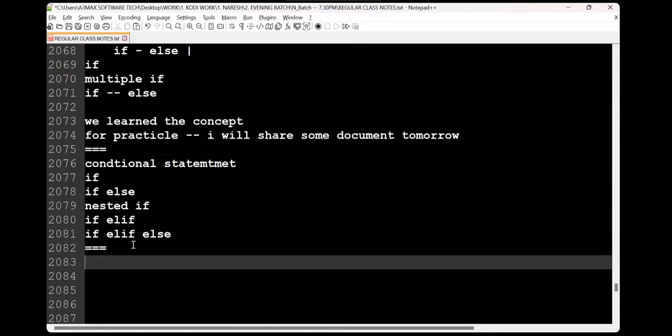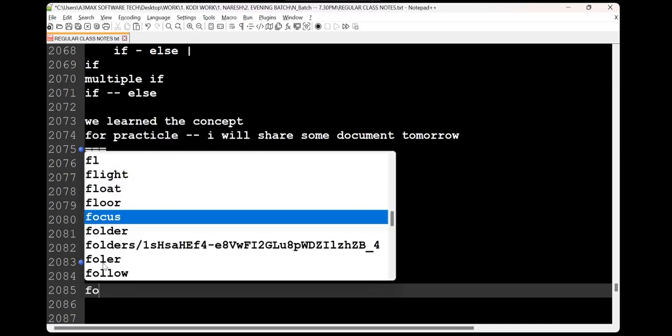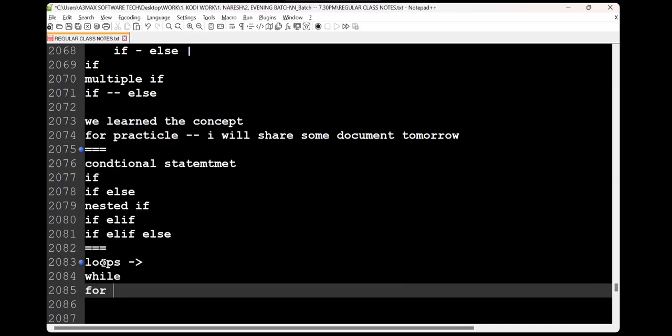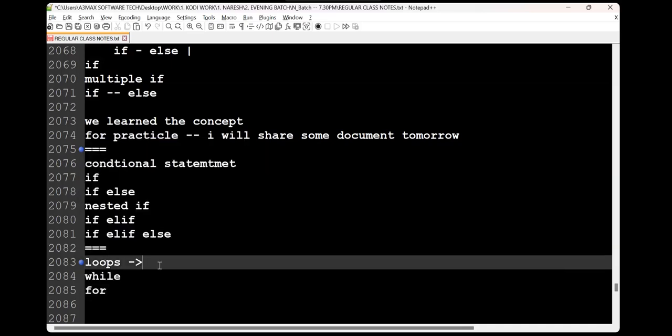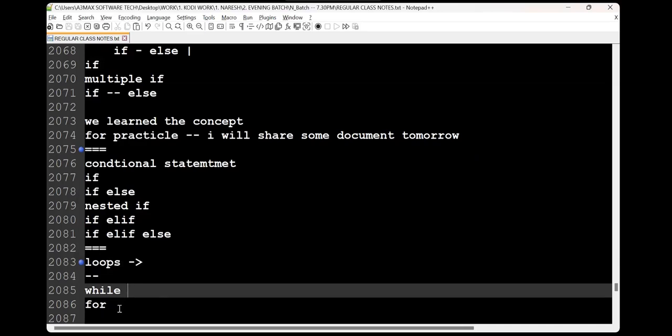Just work on some projects, things will become clear. Now, loops. Loops are 2 types. The first one is the while loop, understand one by one. The main difference, which most people struggle with, is when to use while and when to use for. Let's understand that first, but before that, let's have a look at this.